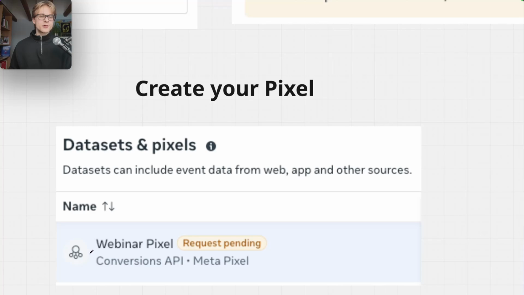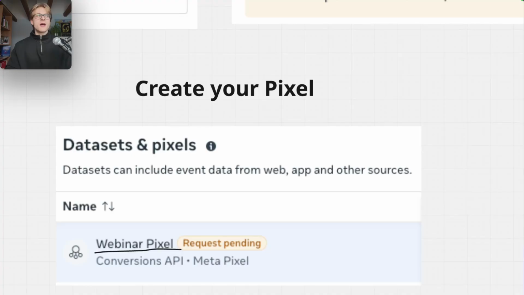This is one of the pixels that we're currently using. One important thing here, guys, with pixels, you want to create them at the business manager level. One simple reason for that. Assuming you create them at the ad account level and your ad account gets taken down, your pixel is gone. And the pixel is what makes you unique.